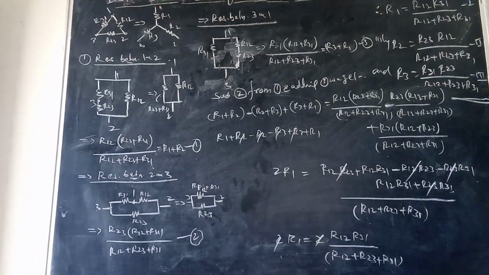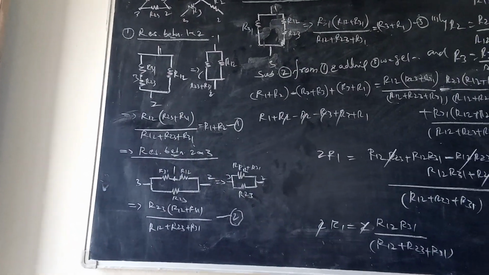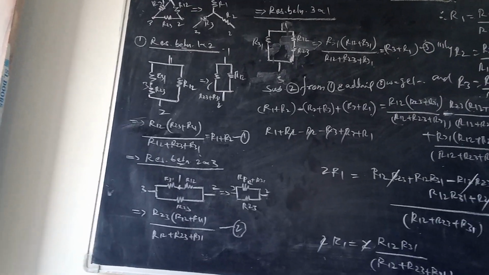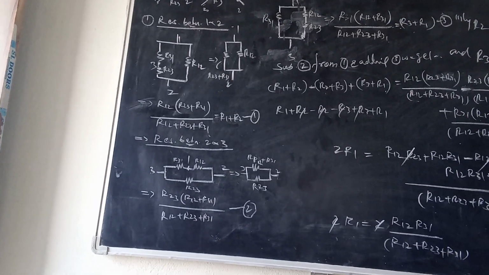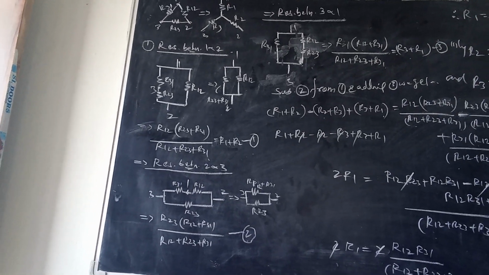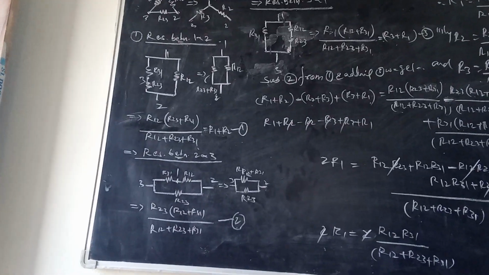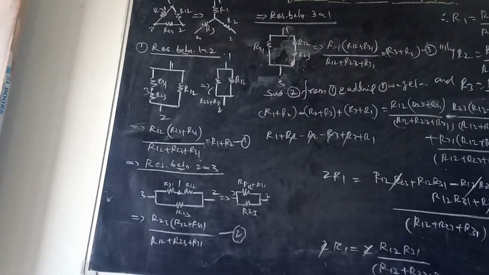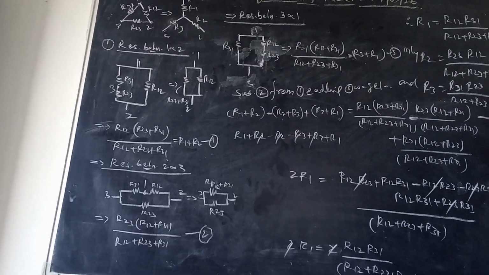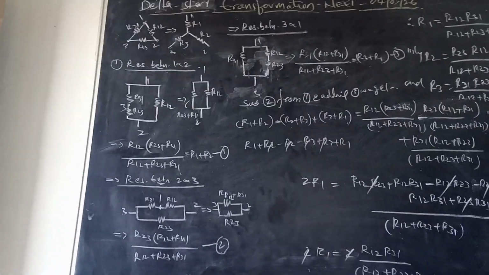So finally, product of the two divided by the sum of the same you apply, you will get R12 into bracket R23 plus R31, taken as one resistance, and R12 the other, divided by the sum of all three, just like group 2 is one and R12 is one, like that they are added together. And on the star side, 3 is to be removed: R1, R2 you consider, R3 is removed. So that is equation number 1, you got it.